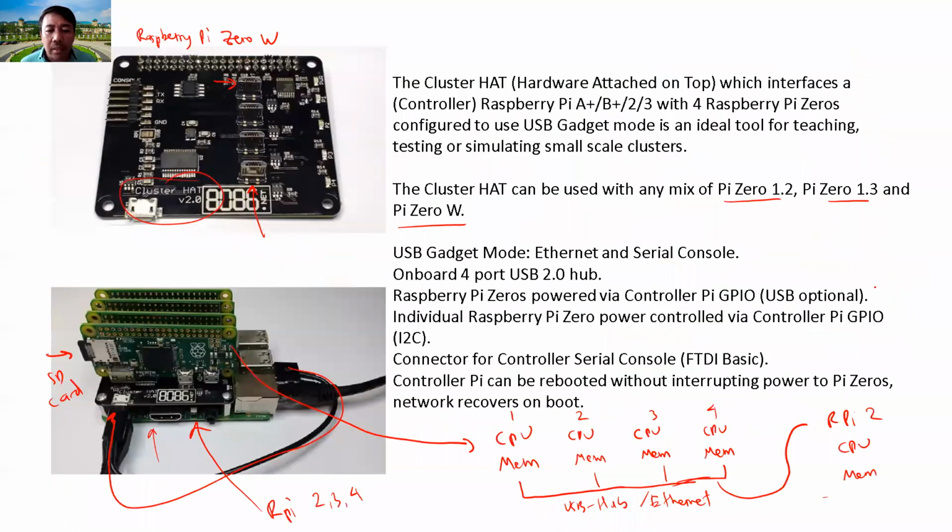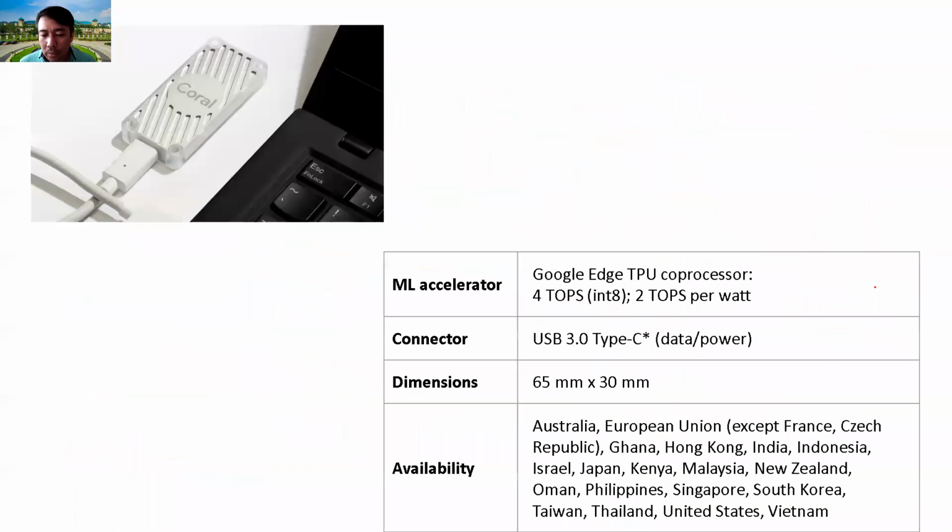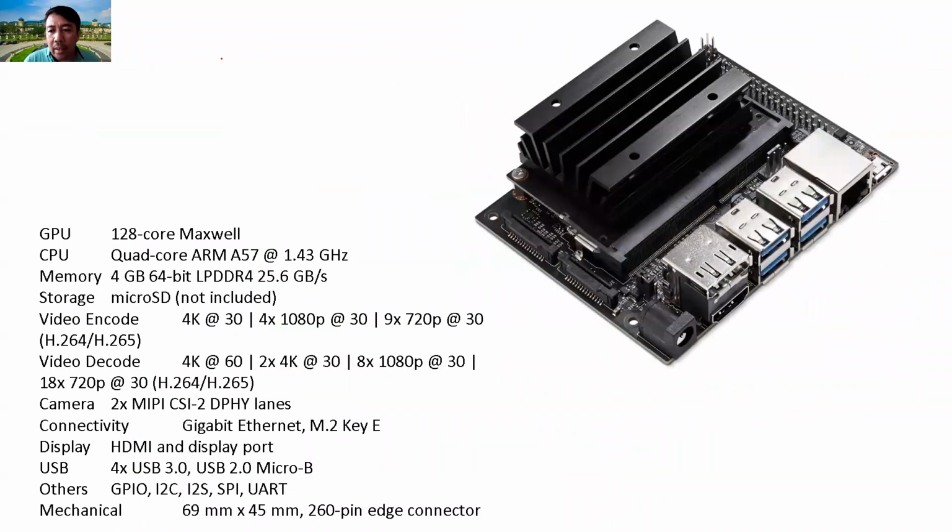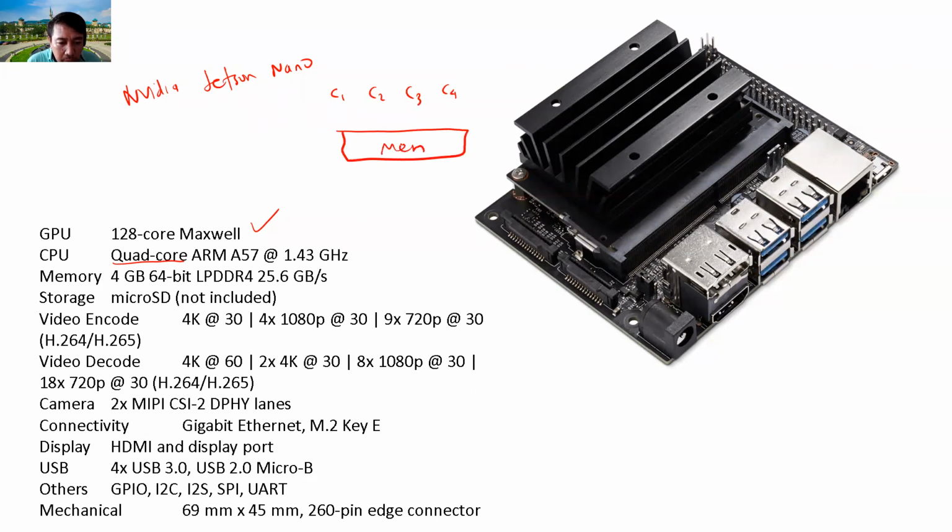So this is the cluster head, the example. The next one is the NVIDIA Jetson Nano. This is the architecture. You have a 128-core Maxwell architecture from NVIDIA, and the CPU is quad core, so you have core 1, core 2, core 3, core 4. Then this is connected to memory. I'm not sure whether the memory is 4 gigabytes here, and whether they have separate video memory or it is shared. I think this one will be shared.